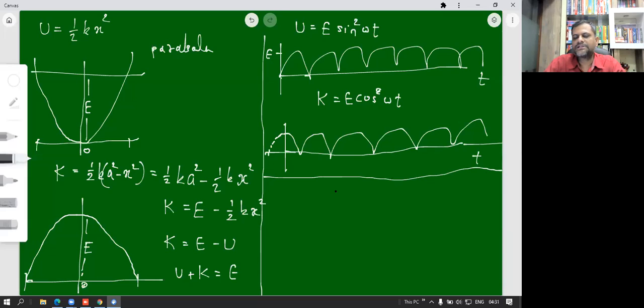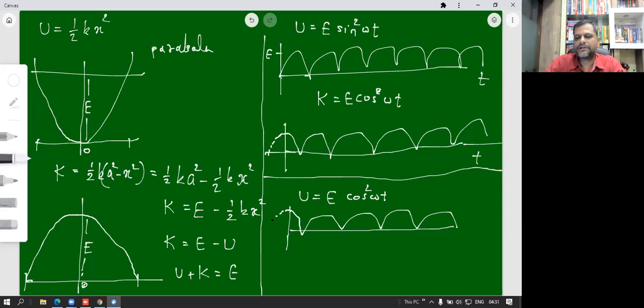But if suppose the particle is starting from extreme position, then u itself we know that it is e into cos square omega t. करेक्ट है? तो पोटेंशियल एनर्जी का जो ग्राफ है तो वो बनेगा इस तरह से, जिसमें हम देखेंगे कि it will start from the top point and just vary like this. We can show its half part in the back side like this. But here in this case the kinetic energy happens to be e into sin square omega t. करेक्ट है? And because of that we can get this simplified as,